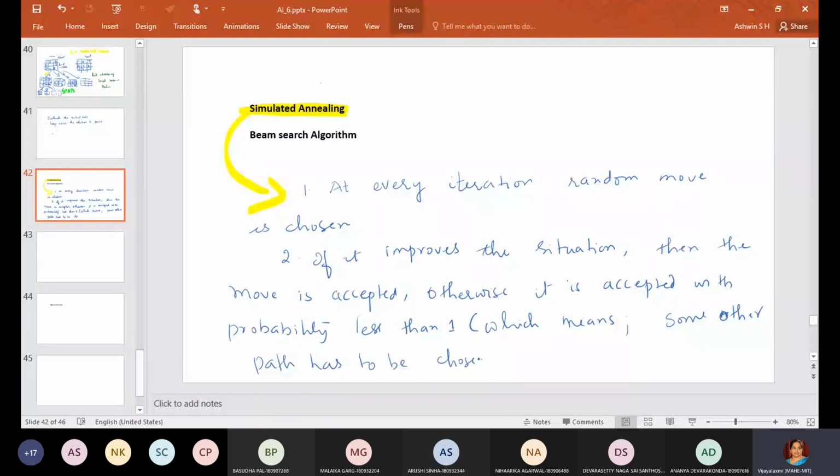If it is not accepted, you set one probability value and some other path has to be chosen.